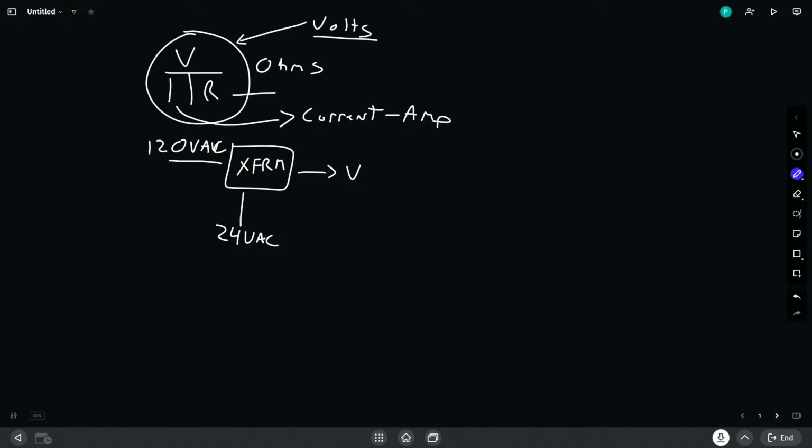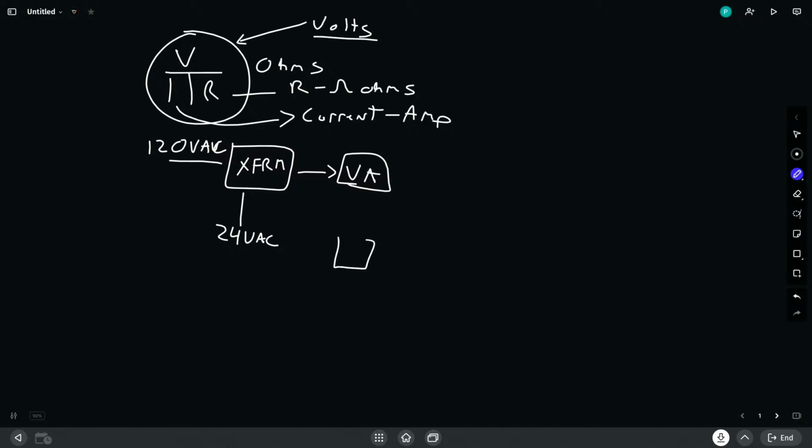And then you have R, which is known in the term of ohms, which is resistance. So volt amperes is quite simply the ability to transfer this power from the transformer to the end device. Now, what does that look like?